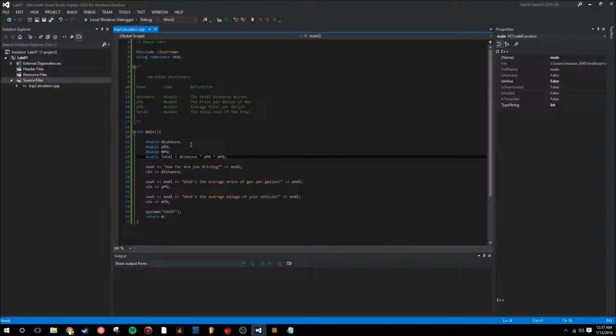Because let's say it's like $2 per gallon multiplied by however many miles you can get in that gallon, right? Times the amount of miles you're driving overall. So, yeah. So we're just going to go to cout, and then we'll do that, and we'll say